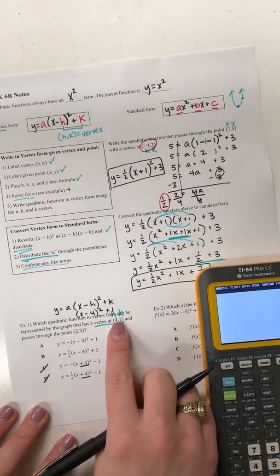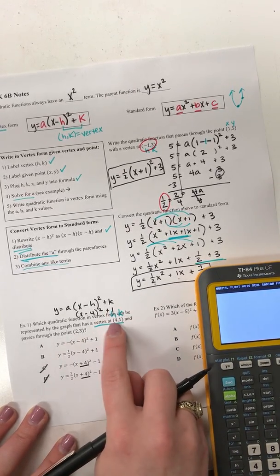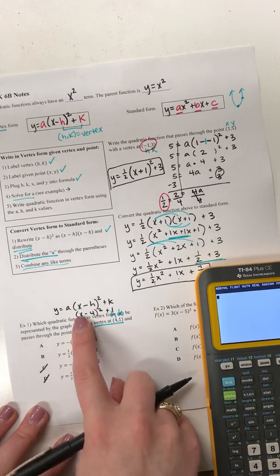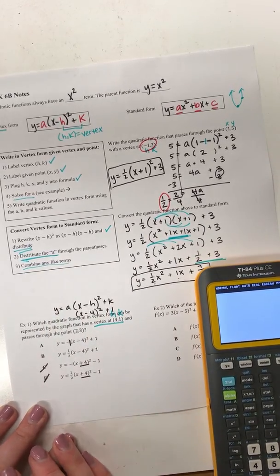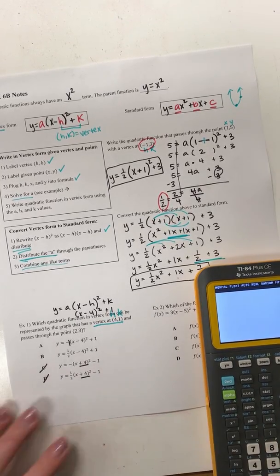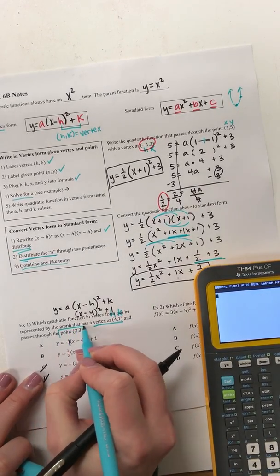Now to figure the rest of it out, you could go through the process, plug in your H and K, plug in your X and your Y, solve for A. It's either going to be a -1 or a 1/2. But since we've got choices, the other piece of information that has to be true is that the point (2, 3) is